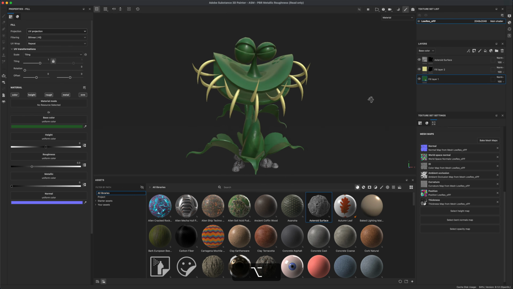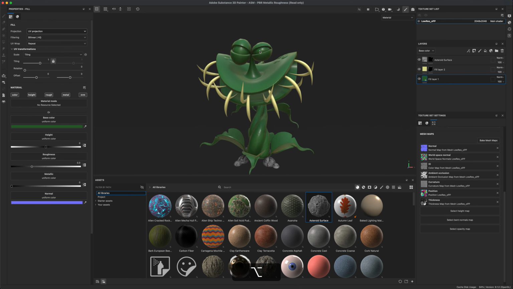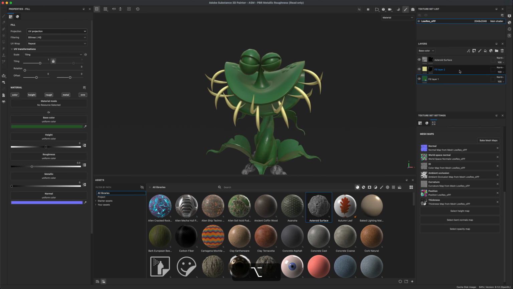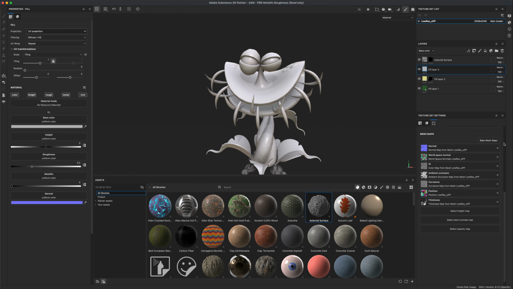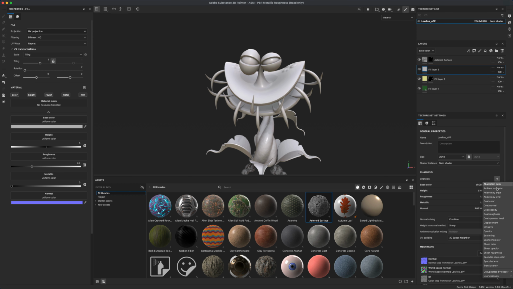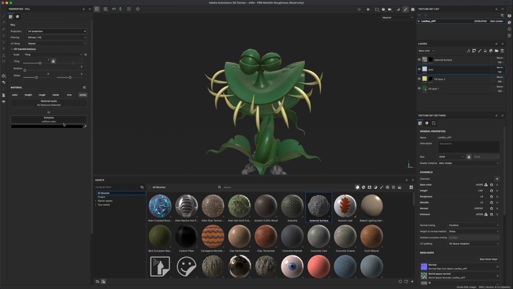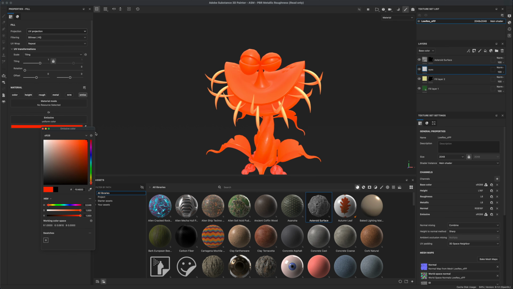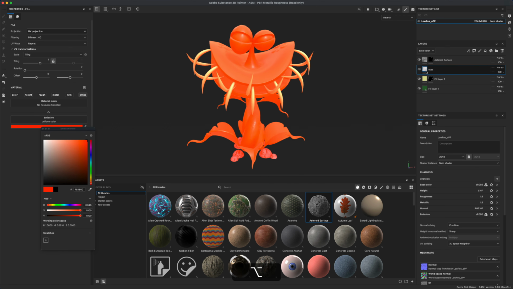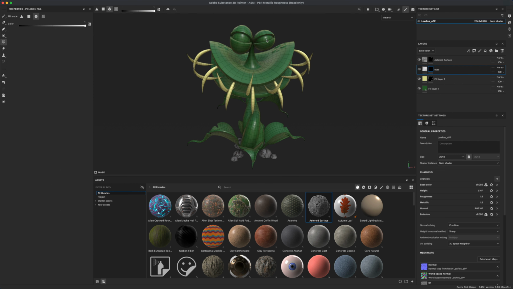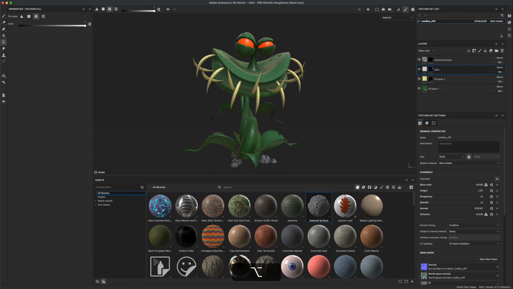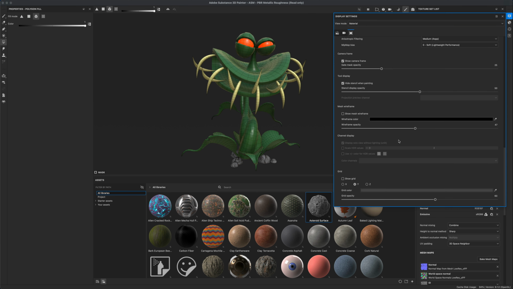So one of the things we've done in Maya is we made our eyes glow. So let's go ahead and do the same thing here. I'm going to add another layer. I'm going to add an emission channel, emissive. And in emissive, let's go ahead and call these eyes. I'm going to Alt and click on this emission channel, and let's just decide what color we like. So maybe we'll do something like an orange glow. I'm going to right click, do black mask, select my eyes, and now let's go ahead and turn off